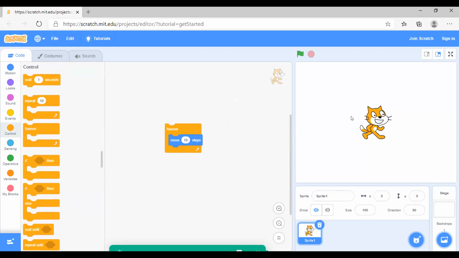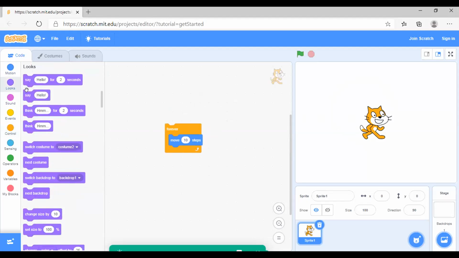Now we want this cat to say something. We will go to the looks block and drag and drop the first block, the say hello block, and put it on the very top, just above the forever loop. Very good.